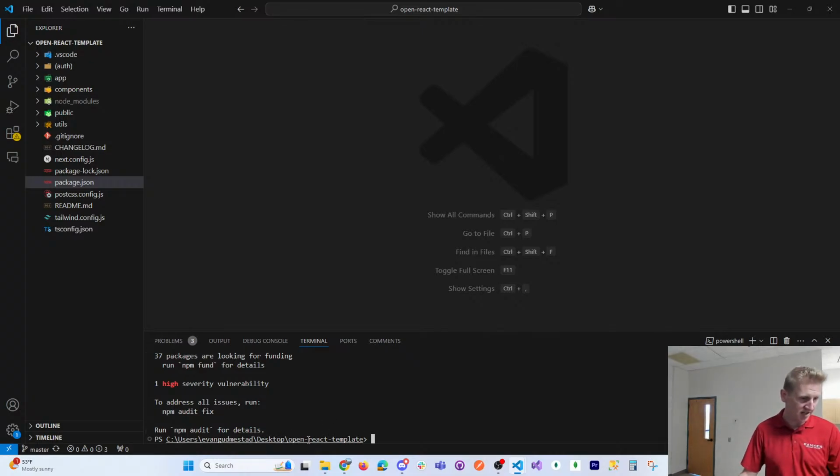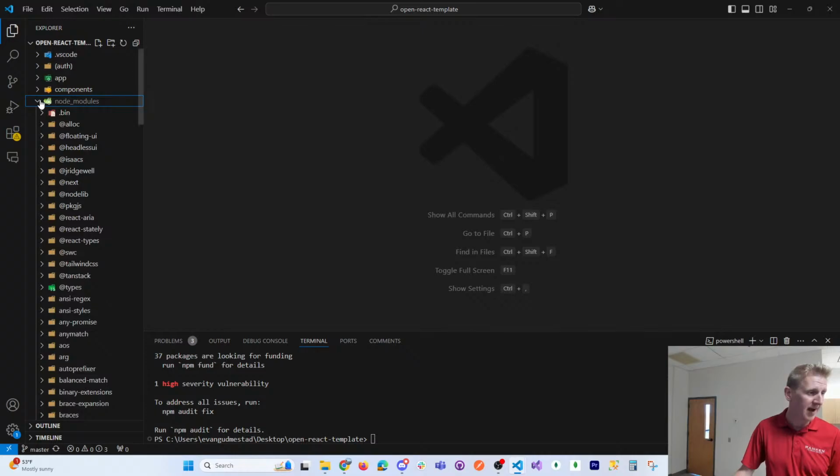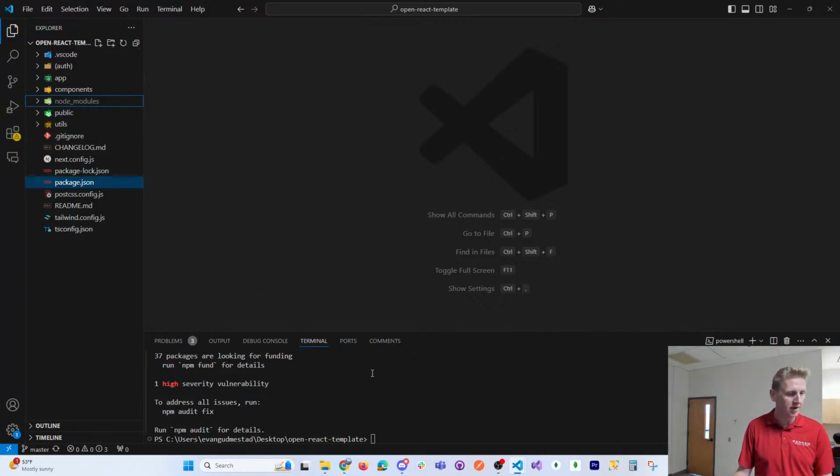Okay, so here's a React template that we could use. Now we have this node modules folder. When we did the npm install, that wasn't there before. And again, the scripts to run this,